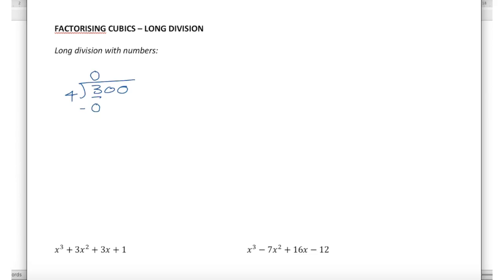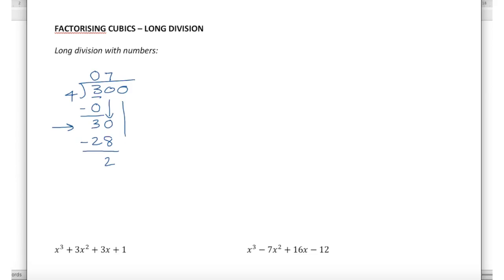So taking that away, we have a remainder of 3. Let's bring down the 0 next to it. Let's have a look from this point. How many 4's go into 30? Well, 7 4's are 28, but 8 4's are 32, so it's going to be 7. So 7 times 4, we've used 28 of the 30, so if we take that away, we have a remainder